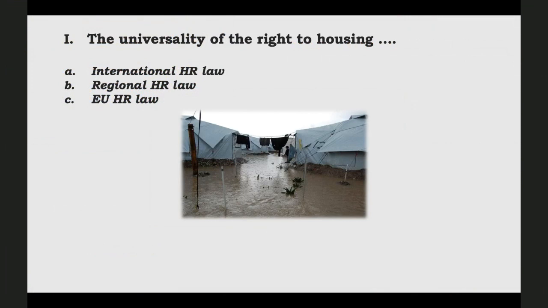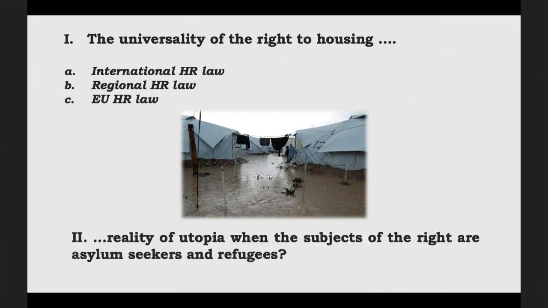The point I'll try to make here, though, is that the unconditional recognition of a right seems to be inadequate when its full implementation is subject to a variety of diverse circumstances, including the financial situation of the country or the political will of